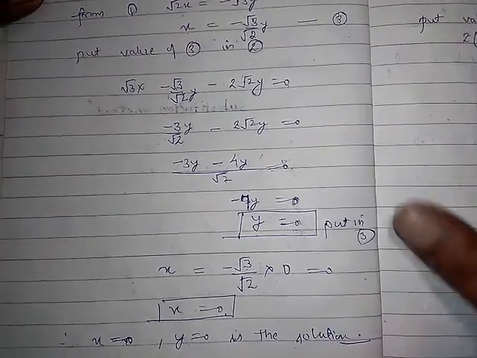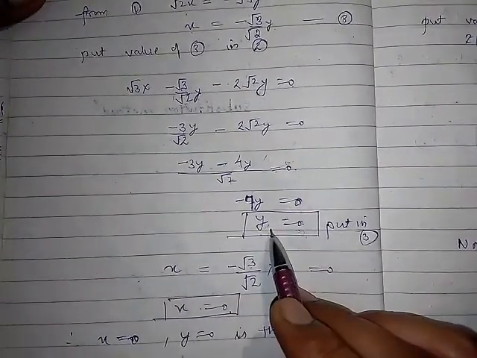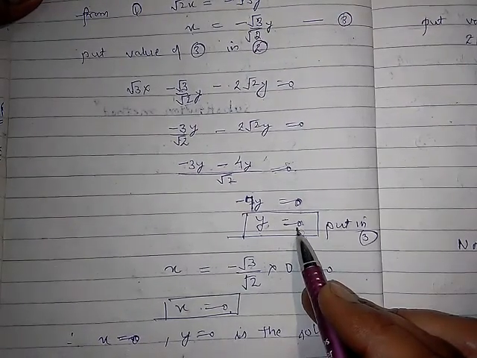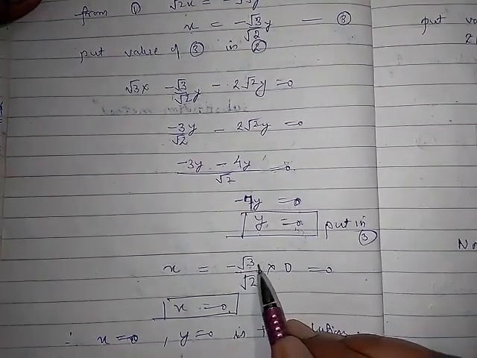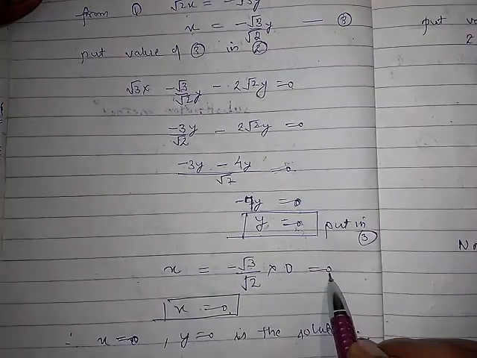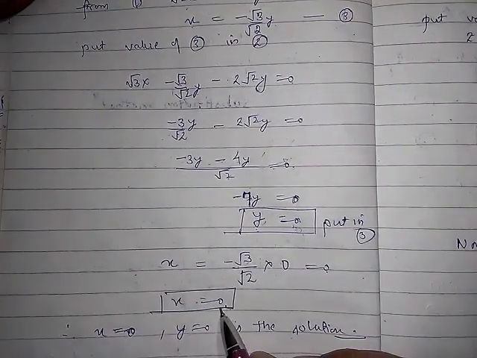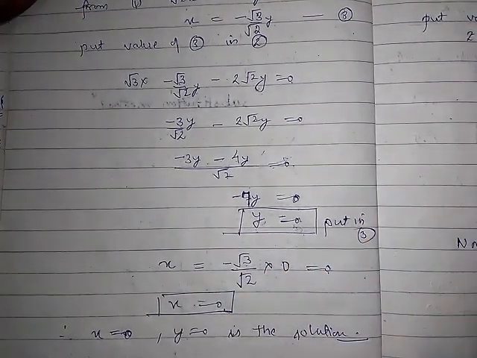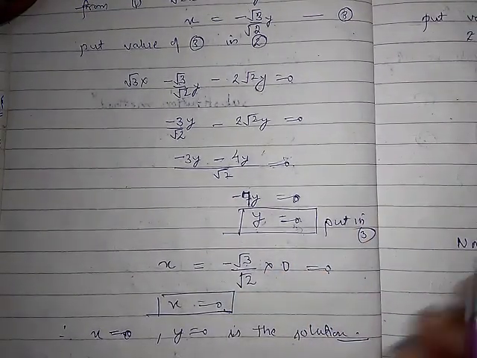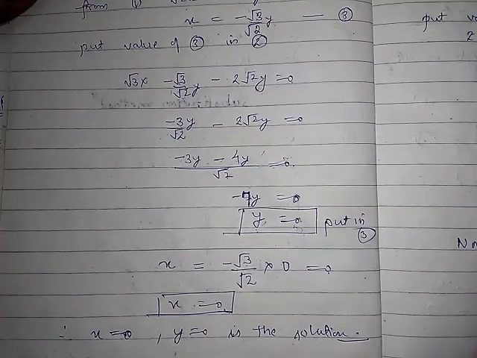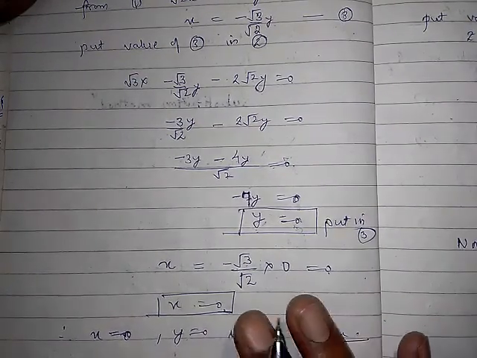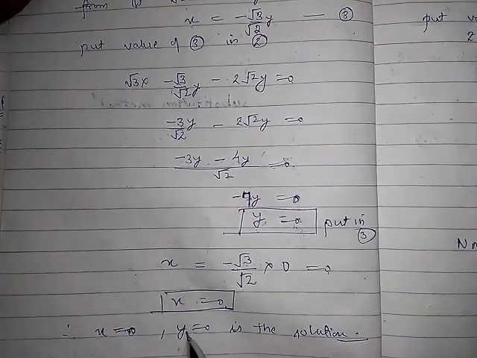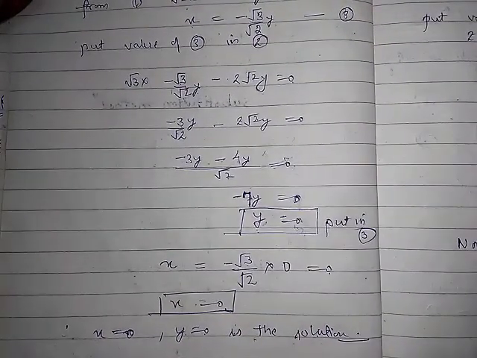Okay, then again according to the method we will put this value of 0, that is of the first variable, in the equation number 3, and this multiply by 0 will be equal to 0. So here also we are getting x is equal to 0. Okay, there is no problem if you are getting x is equal to 0 and y is equal to 0. Clear? So infinity should not come here, undefined should not come here, 0 can be there because that is a finite number. So therefore x is equal to 0 and y is equal to 0 is the solution.